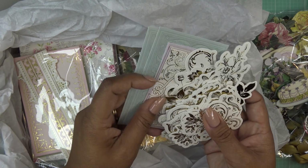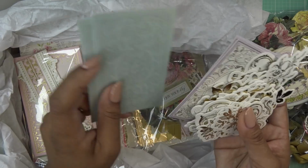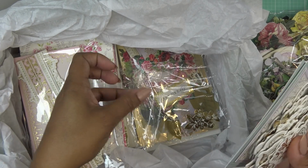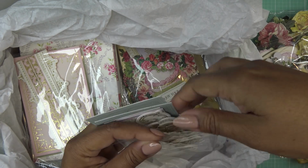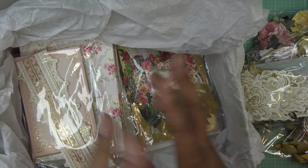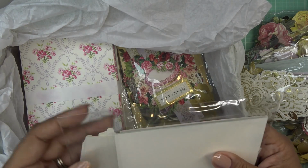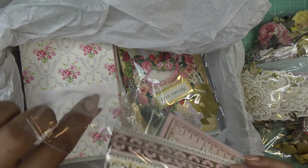I know we don't like covering things up too much, and when I say we, I read the comments and people are like, oh, no, you covered that up, or it's so hard to do that, and I know. So I try to do something that has an extra punch, but not so much that you can't see the things that are behind it, you know, that it just ends up being covered up, basically. We're going to do a little bit of that, guys, I'm sure, but...